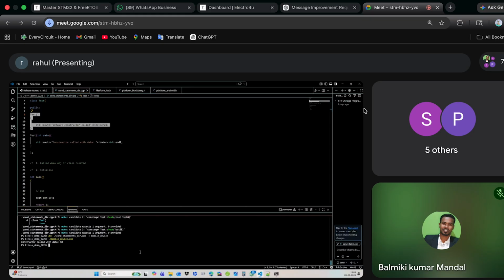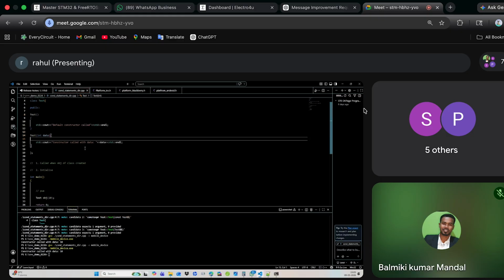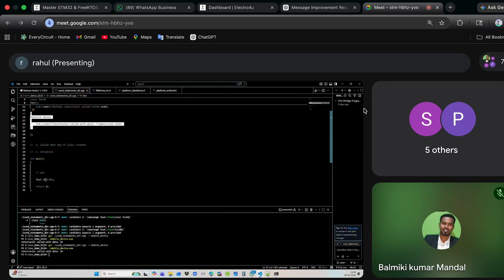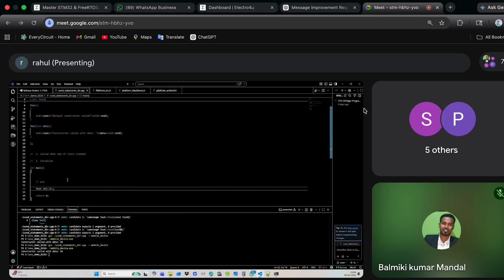Okay, let me compile the code. If I run it, you can see only the parameter constructor gets called, as Pawan told. Because it will call only one constructor at a time. It will not call multiple constructors. If we give another instance without a parameter, then the other one will be called, right? Exactly, yes. Per object instance, only one constructor will get called.